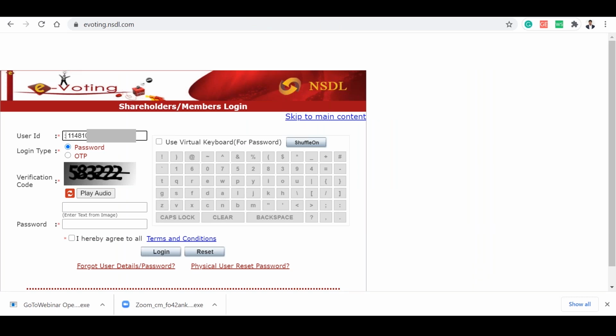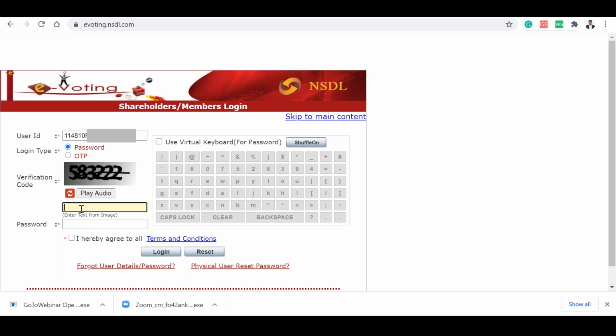Here by mistake I have again typed the colon, so I have to remove all these things. Even I have to remove the backspace also, and then put my password.